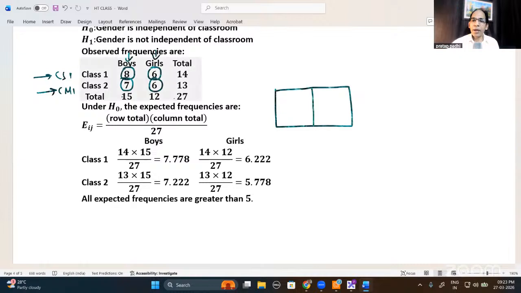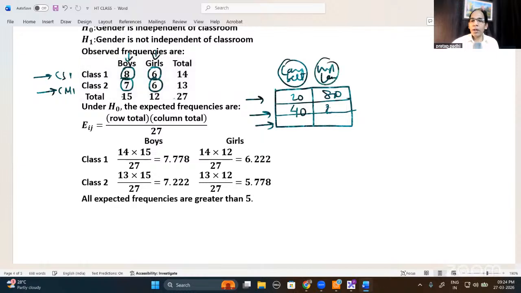When you check independence here, you use a seat belt example. Without using a seat belt, you drive a car and you check how many people died. This is with seat belt. Suppose 20 people died here, 80 people died there. There is a clear link, right? You can see the injury also. Suppose with the seat belt there is more injury, and without it less injury, because you can run away, right? Five or ten, something like that. So you know that there is a dependency on wearing a seat belt. Okay, that's what you need.